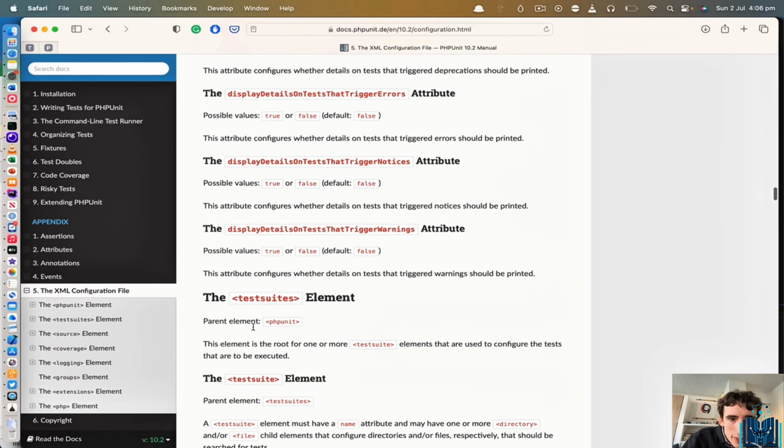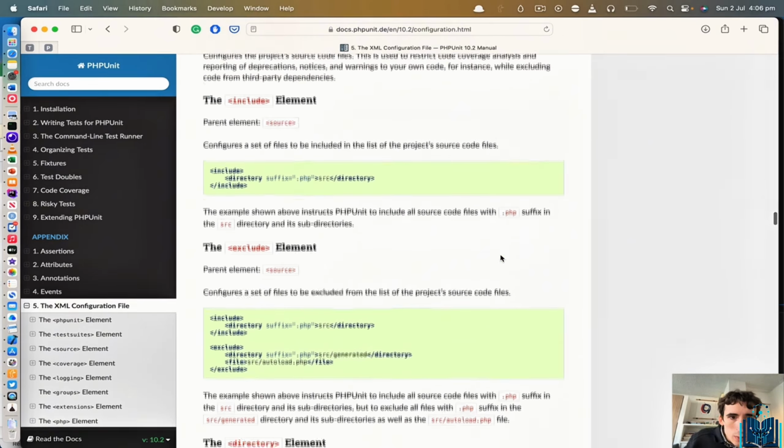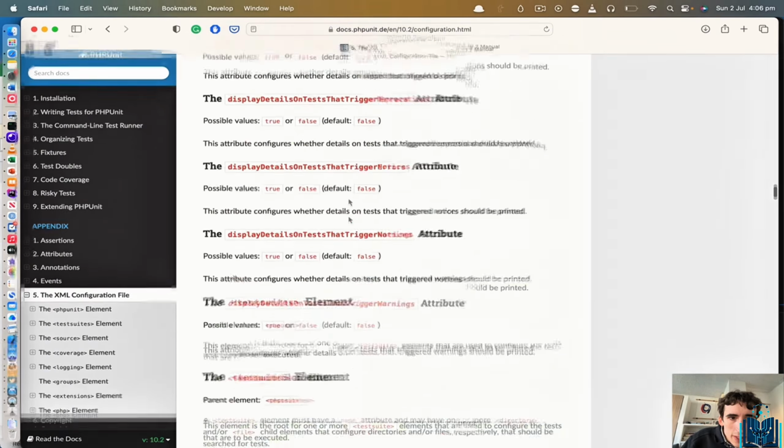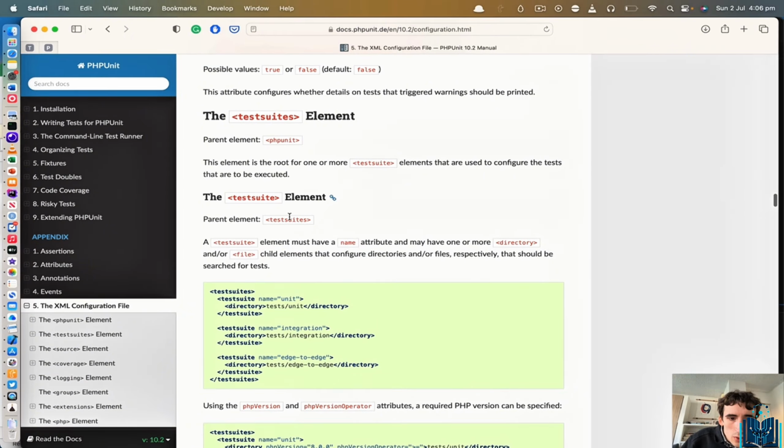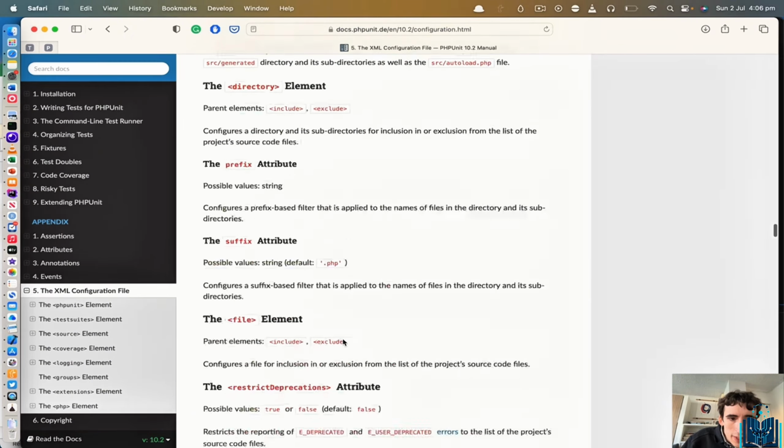And here I see all of the possible rules, and as you can see, the documentation is giving me some examples